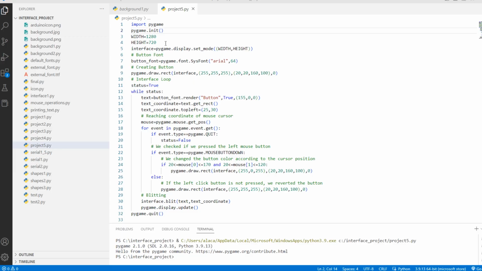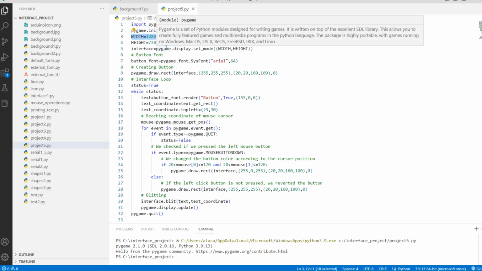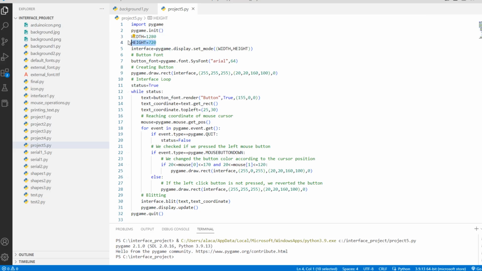So you can see here, we set the width value as 1280 and we set the height value of window as 720. And you can see we called setMode function in the Pygame module and we define the width value as width variable and the height value as height variable. And also our window variable name is interface.